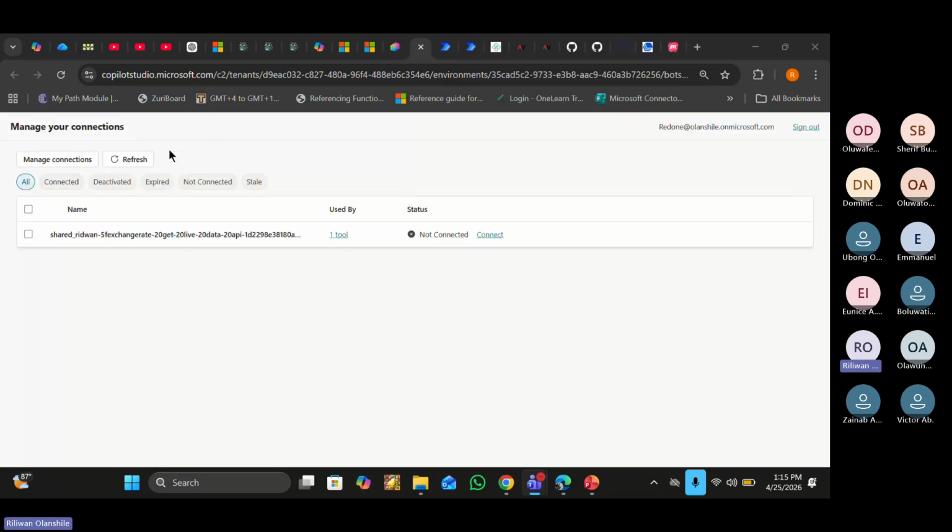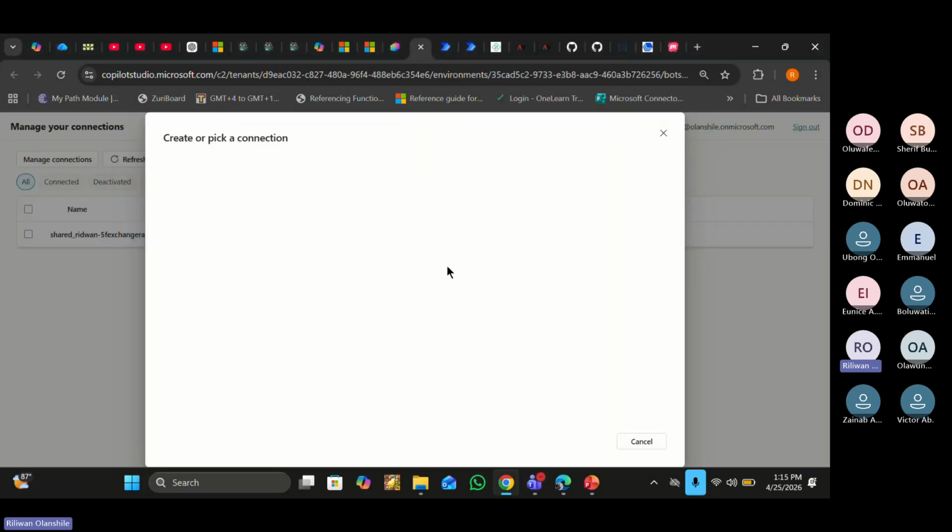Okay, so you can see here, it has created the connection. I'll just say connect. This is all because it just wants to make sure that I have access to what I say I want to connect to, and I'm not just trying to bamboozle my way into it. So pick a connection.